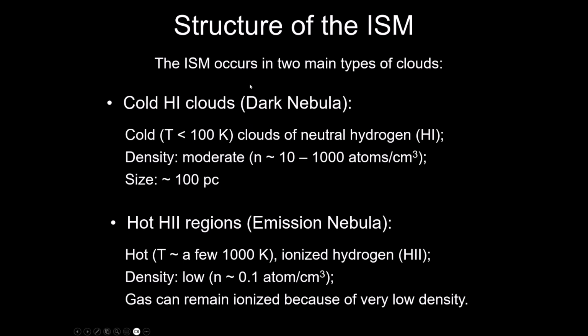Now, when clouds like Barnard 68 transition to something that will form stars, a lot of that nebula will transition into an emission nebula. This is a region where the hydrogen gas is much hotter. It's hot enough that it actually starts to produce emission lines. We typically see a color in the nebula. Because it's hotter, it is far less dense than the dark nebula. And when you see a combination of these two types of the interstellar medium together in a picture, you are likely looking at a region that is undergoing a star formation process.